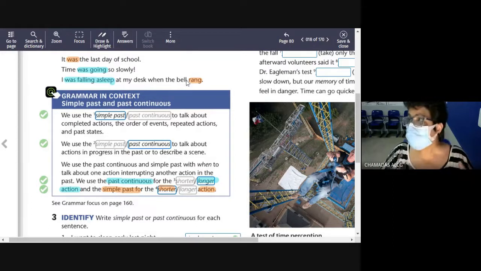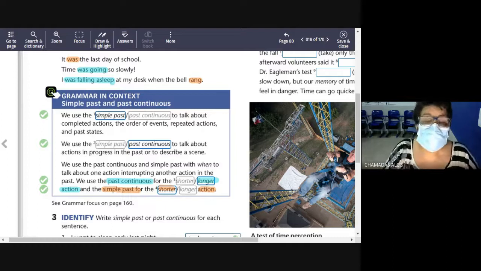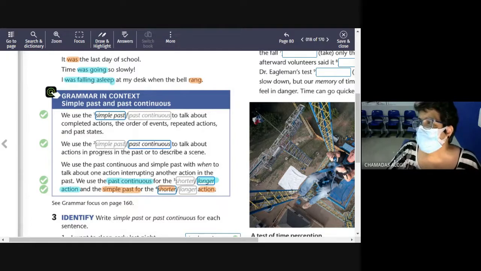We try to do our things within this frame of past, present, and future. Okay? So, based on this, we saw last class how we can